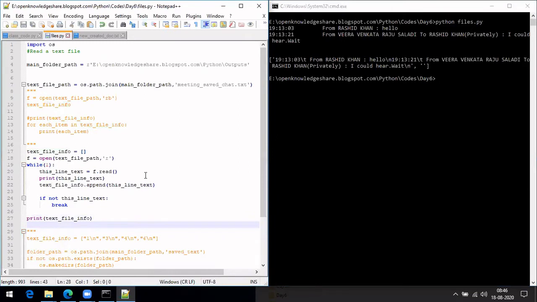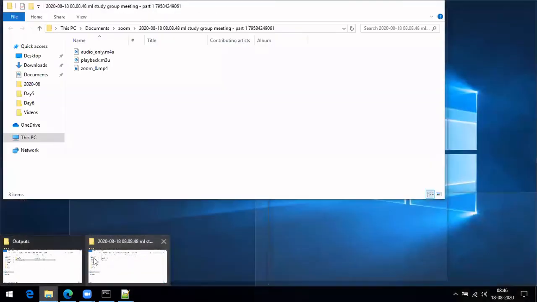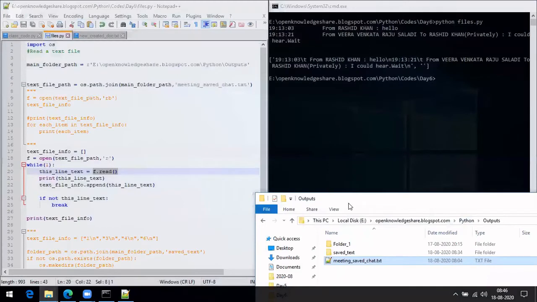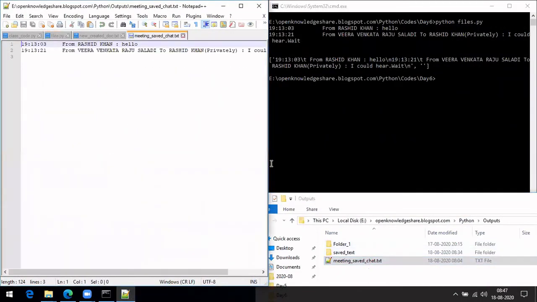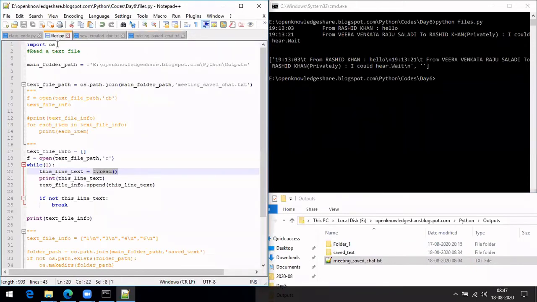So what is happening here is, if you do f.read, it will start reading. Where is that file here? It's this file. If you do f.read, it will read the first line and return it, and this will be stored here. This particular function will return the first line, and then that will be stored here.